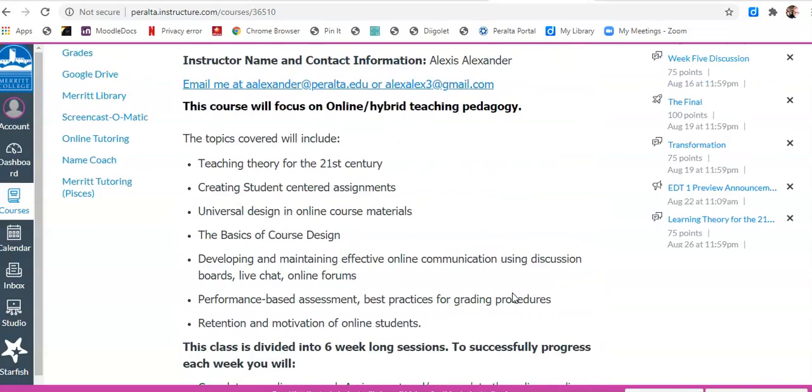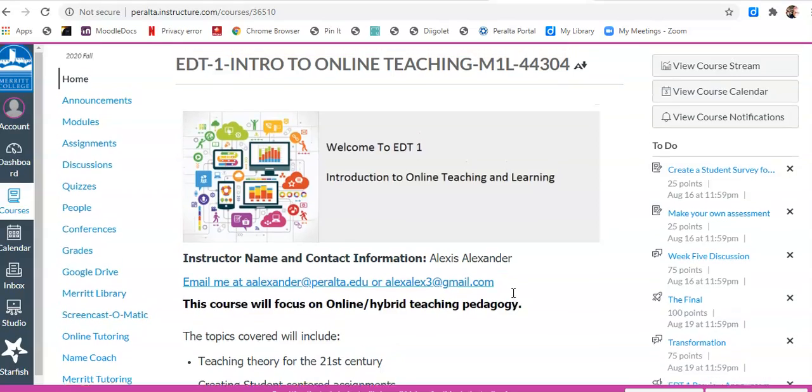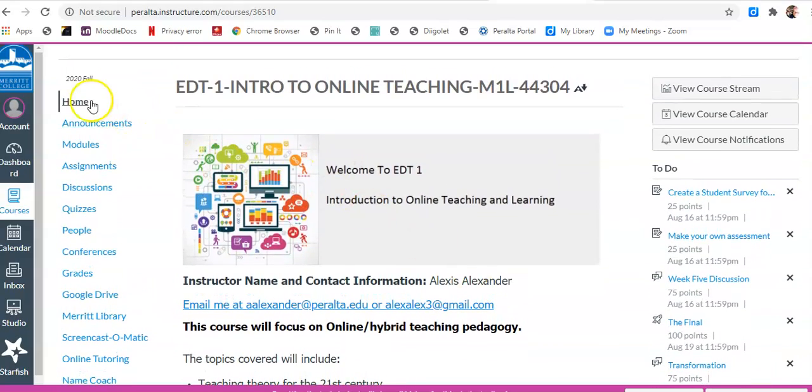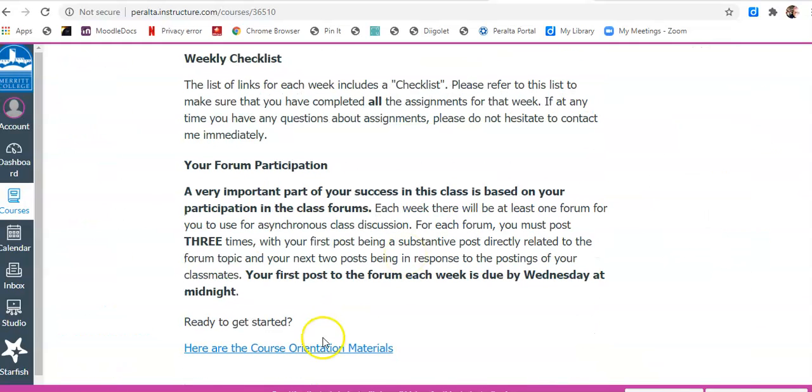Alright, so just a little note about navigation. This is the home page for the course. But if you look over here on the left, you can see a list of things that you can access. So I recommend accessing the course via the modules link. You can also use this link down here to get to the first module of the course. I find that some people get confused if they go in that way. So let me show you the difference.